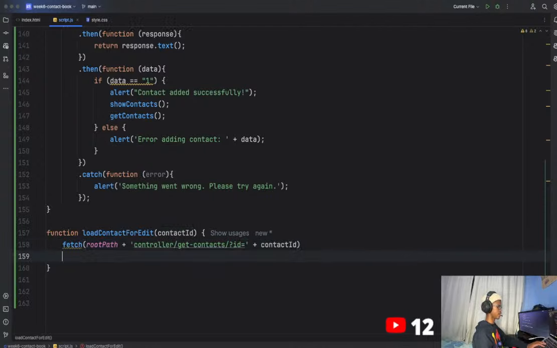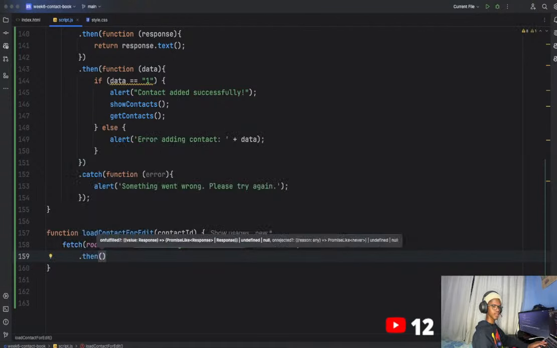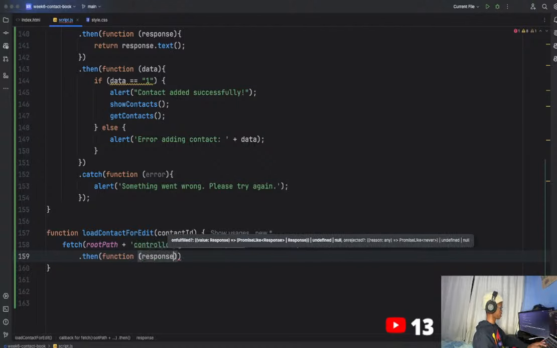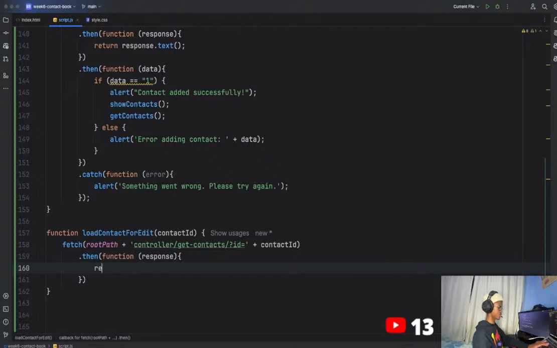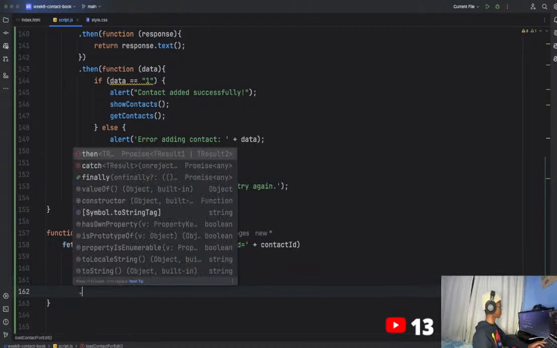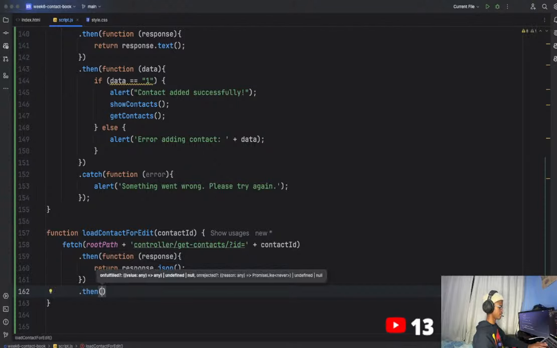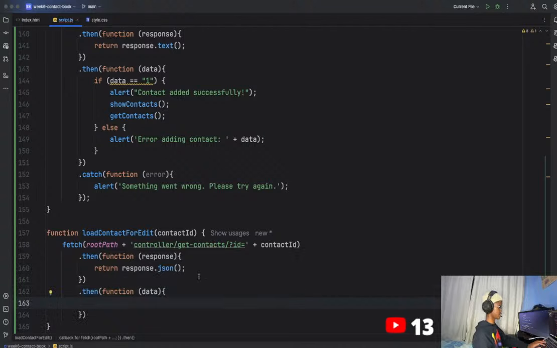Perfect. Then we're going to do a .then. Once that is done, I'll get our response. So do a function, and this function will have response, and in here we're going to return the response.json. Then we want to do something with the data we get back, so we do another .then, and we have a function that takes our data,